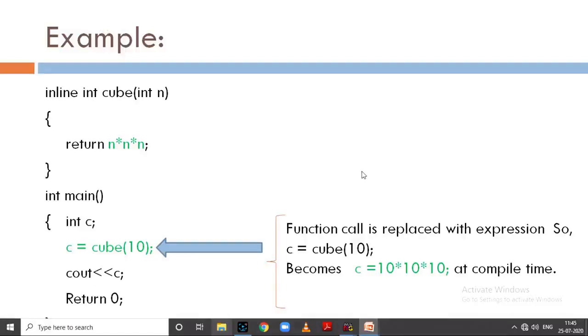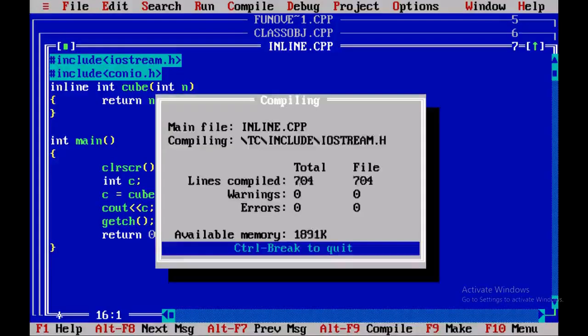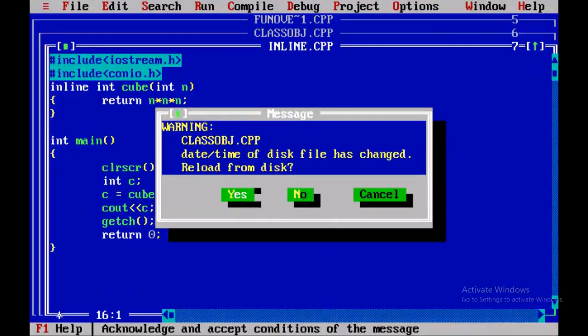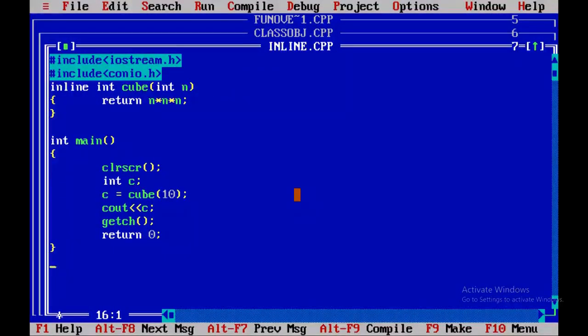Let's see one example. Here I have written code which calculates the cube of a given number. Let's run the program. See, 1000. Now friends, there is no difference in the output between normal user-defined functions and inline user-defined functions.